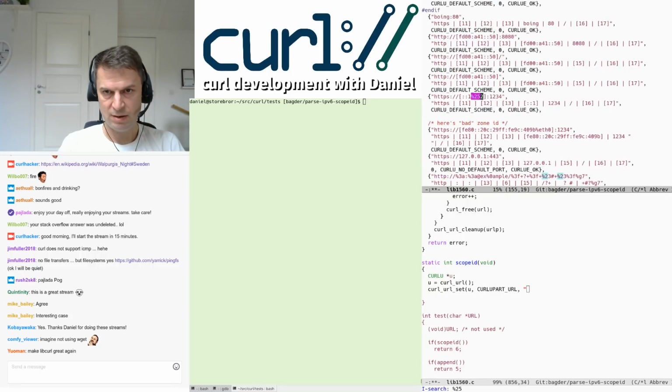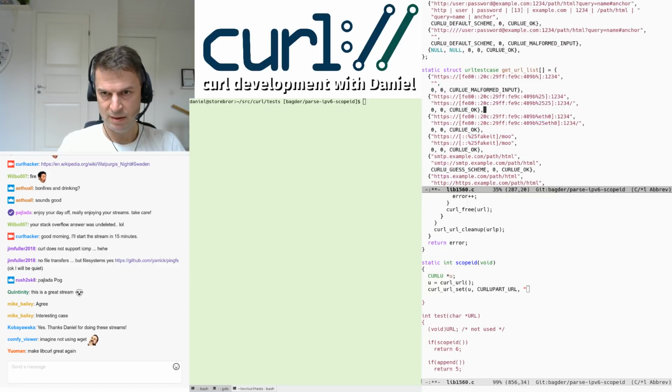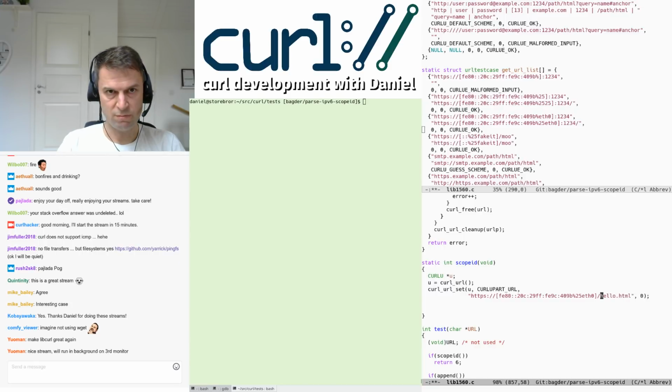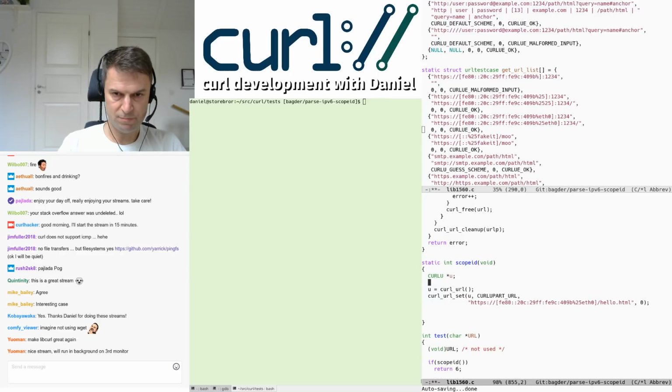something like this. Boom. I want it to be an IPv6 numerical address with a scope ID. Port, no, we can have the port. We can skip the port and do hello.html. Just a typical style URL. And okay, so we parse it with a scope ID, and this is supposed to